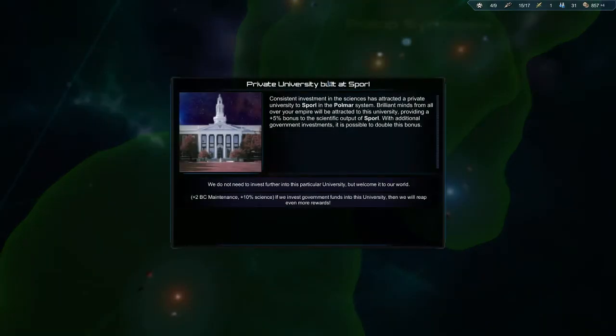University on Sporl. So it costs us a bit of upkeep, but it does give us a plus 10% modifier for the rest of the game. Although I believe you can demolish your university if you really need to save up some cash. It starts with 5%. We can turn it to 10. I don't think Sporl is ever going to really be a research capital. We're getting a lot of research from there right now because all of our other colonies are very small. But in the long run, our homeworld is not...